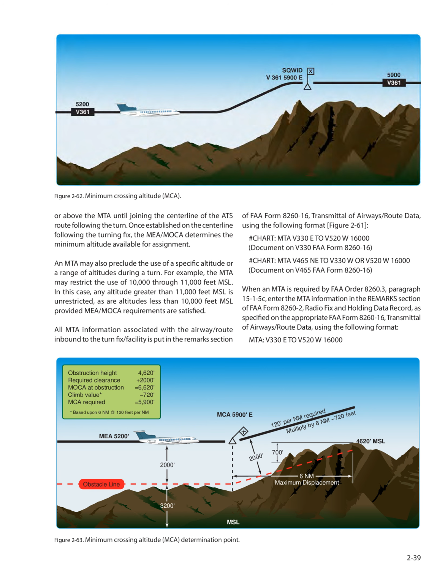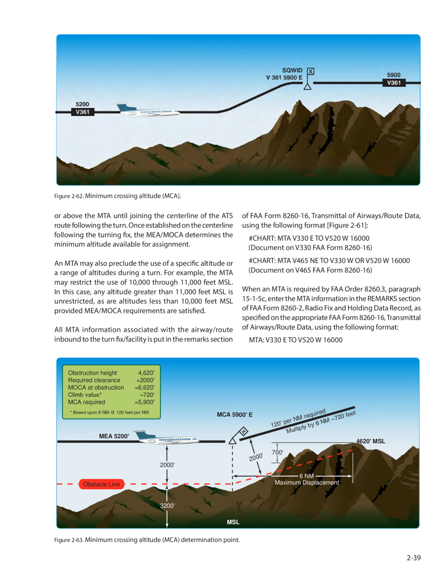All MTA information associated with the airway/route inbound to the turn fix/facility is put in the remarks section of FAA Form 8260-16, Transmittal of Airway/route Data, using the following format: Figure 261, #chart, MTA V330E to V520W 16,000, document on V330 FAA Form 8260-16, #chart, MTA V465NE to V330W or V520W 16,000, document on V465